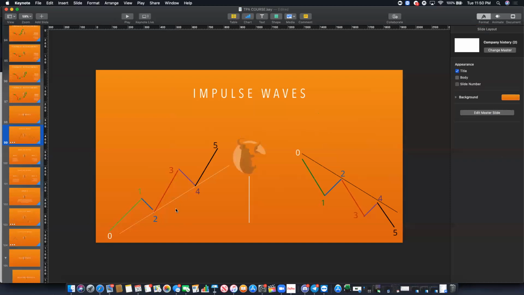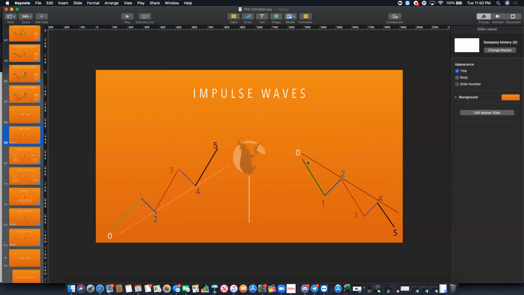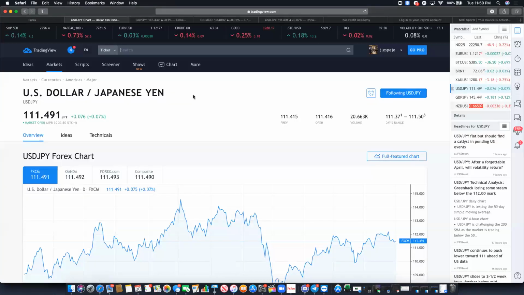So then the Elliott waves kick in to the downside here. 0 to 1, first initial move to the downside, right? Then we have the retest. Then we have either that extended push or just the third wave. For the fourth one, we have the retest. And if the third wave did not make that extended push, you will see the fifth wave make its extended push to the downside, right? So let's look at some examples.